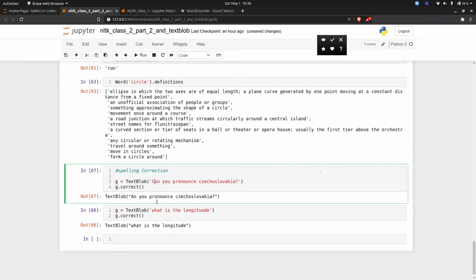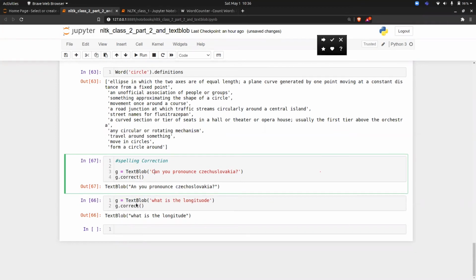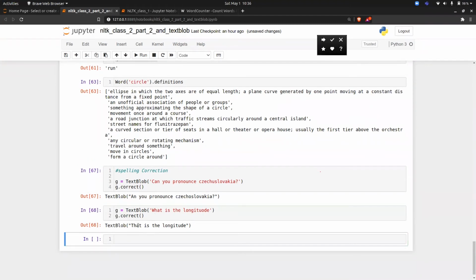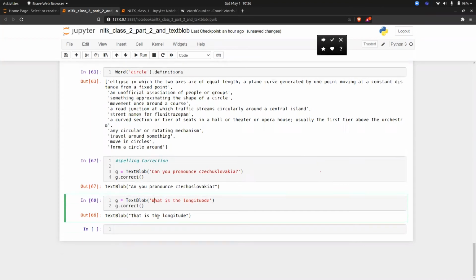There's something called a spell check. We'll check with that, but it is trying to give me a suggestion. Okay, so can you just try with that? What is the longitude also? So see, it is trying to change. That is a longitude. So yes, it is working. So we will check this. There's a function to check why it is giving it like that. I will tell you.